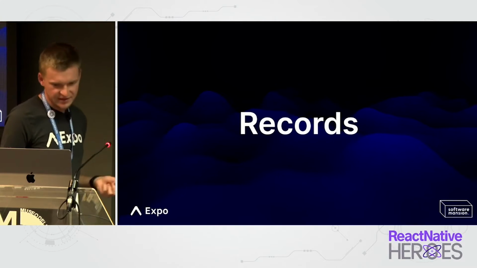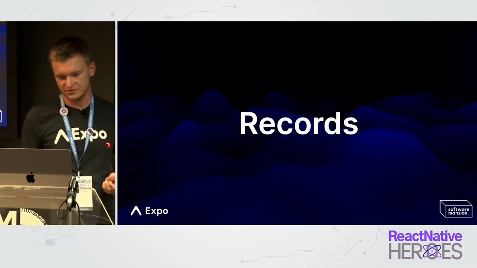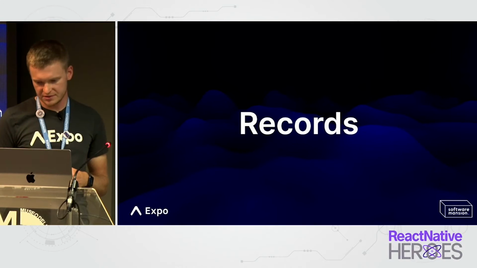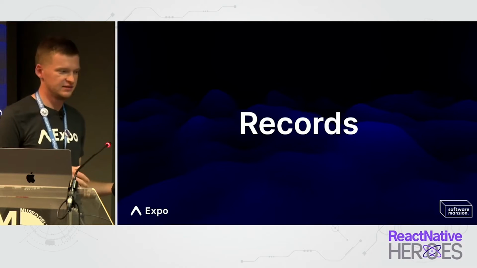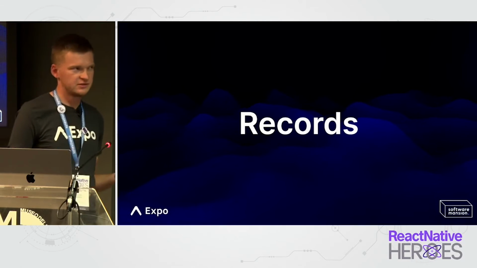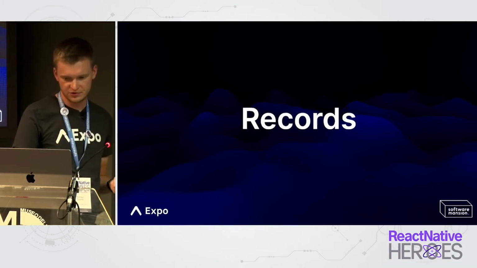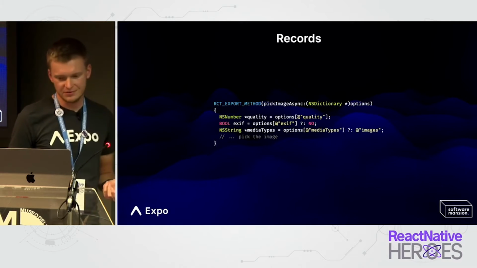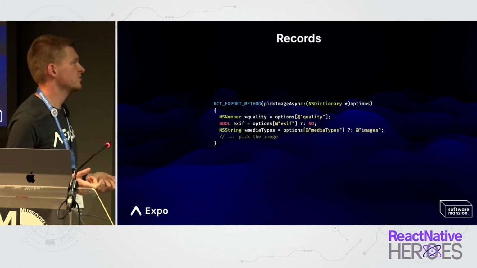Okay, but validating and converting arguments from JavaScript to native is also painful, especially when it comes to dictionaries where each entry of the dictionary needs to be validated and converted separately. So we implemented a special structure that we call a record that can automatically do this for you. So if you have written a native module before, you've probably written code something like this. And this is not very good. As for example,